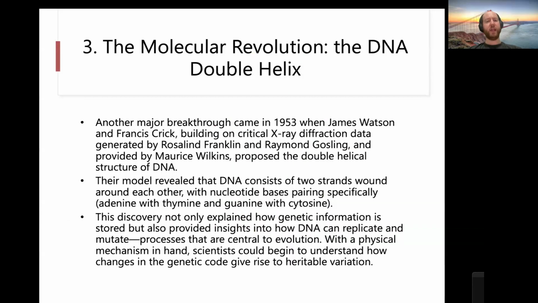And so later on, in the middle of the 20th century, a group of scientists, and this is a partly tragic part of science history because there was work done mostly by Rosalind Franklin and Raymond Gosling, which was then provided by Maurice Wilkins to James Watson and Francis Crick. And essentially, the result of all of these interactions was that there were several papers published on the double helix and on the structure of the double helix.